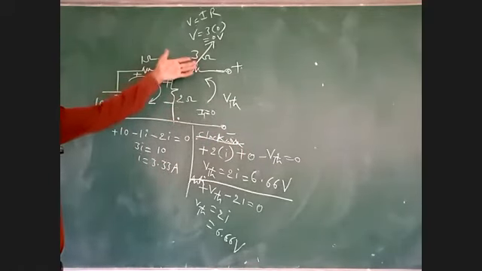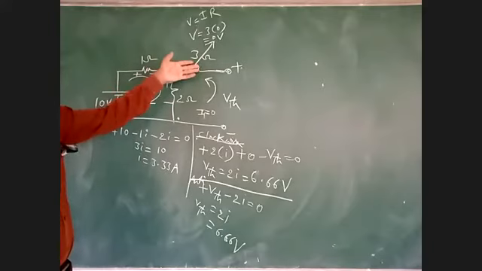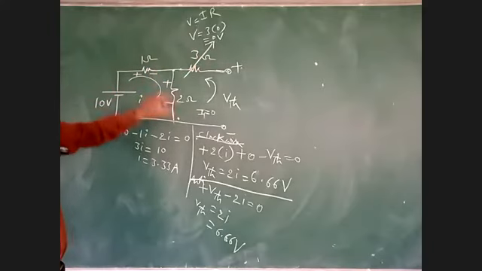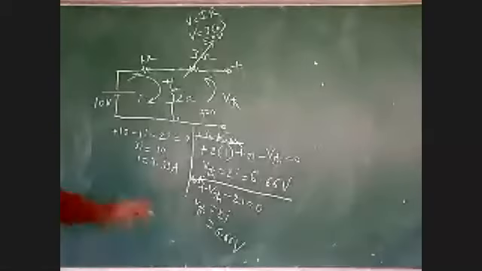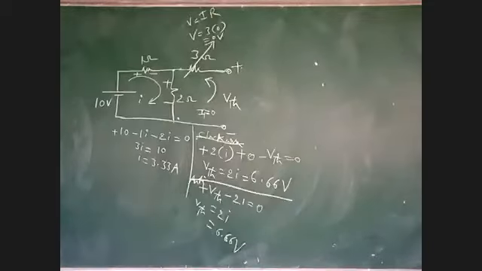Anyway, the current in this 3 ohm is 0. If the current is 0 ampere, the voltage is 0 in this resistor. But this is common to both these groups, that's why I have determined the current. Okay. So now we will determine RTH.